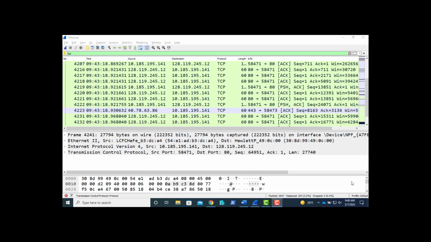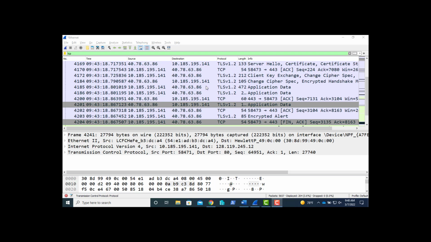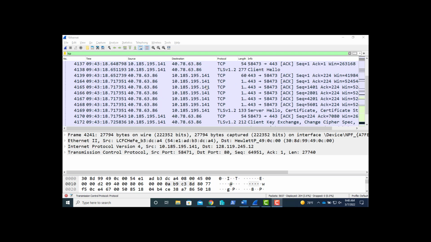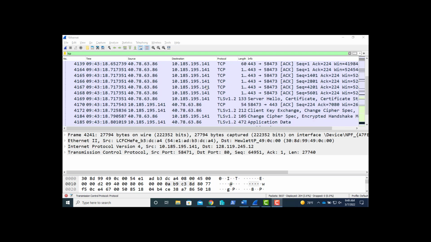But there's a lot of information maybe that we don't want. If we scroll up here in this list of packets, there's a lot of transmission of information that's not really relevant to what we're doing. I want to get rid of all the other information. So I'm going to go up to my display filter and add a space after TCP, and I'm going to do two of the AND symbols, and a space, and I'm going to do